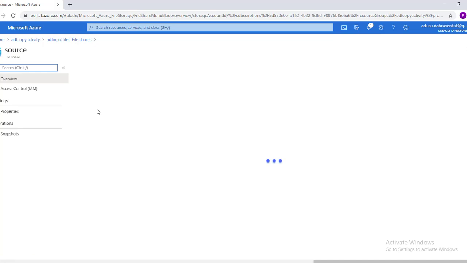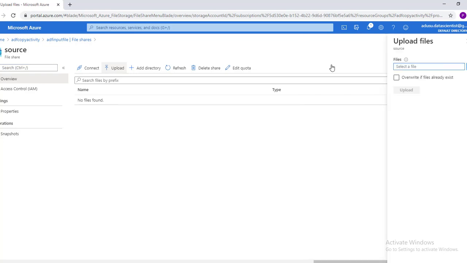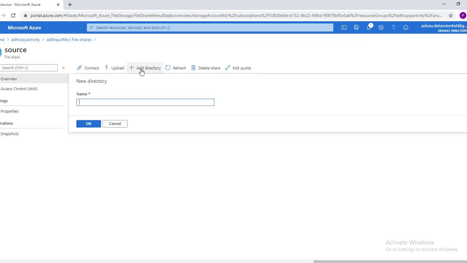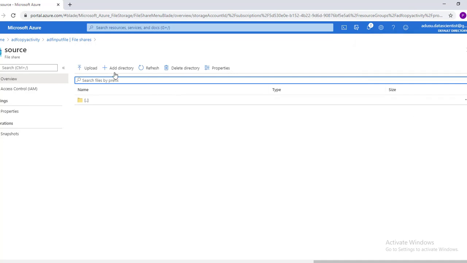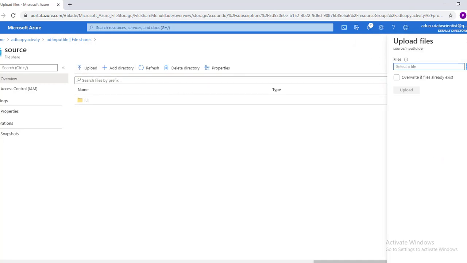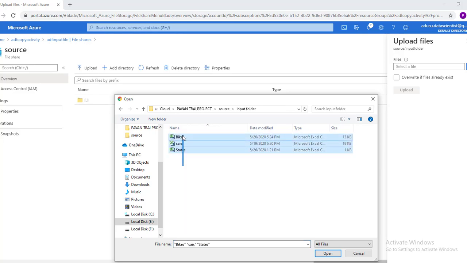Inside the source folder we'll use one more folder, and we'll upload it from our local machine. Now here we'll add a directory. The name is input folder. This is the directory, and inside this we'll upload all the files from a local folder.